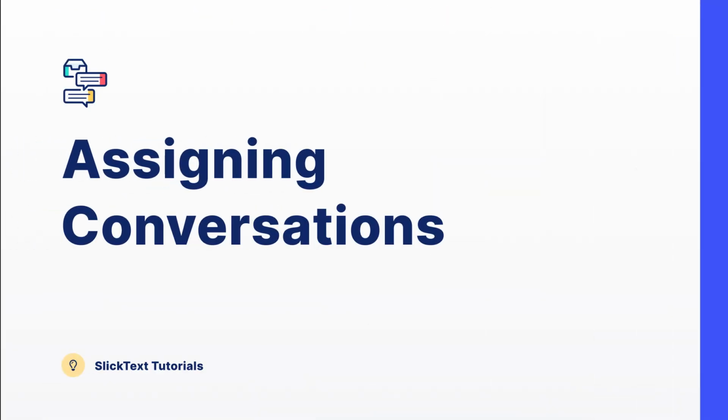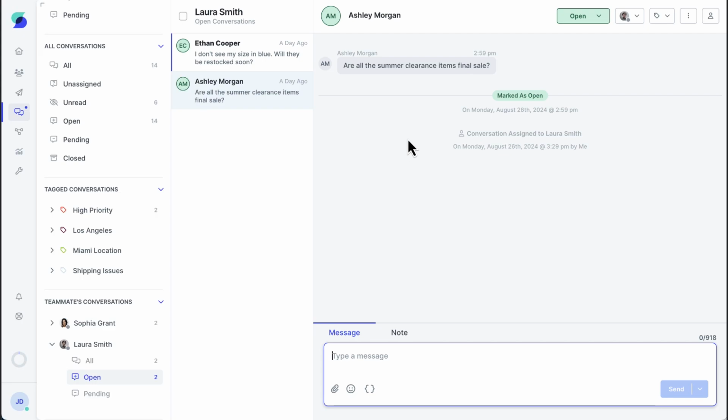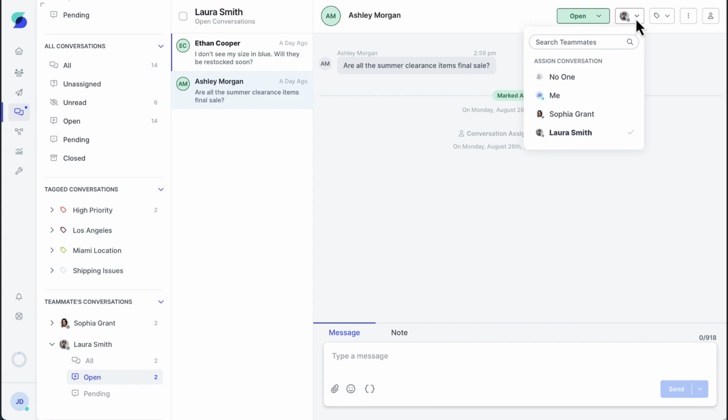Each conversation in your inbox can be assigned to a specific user on your team. Let's walk through assigning and unassigning conversations. Next to the conversation status dropdown, you'll see the assignment dropdown. Assigning conversations to an individual allows you to organize conversations and create ownership, but it doesn't limit who can see and respond to them. If you want to limit who can view and respond to a conversation, enable private conversations